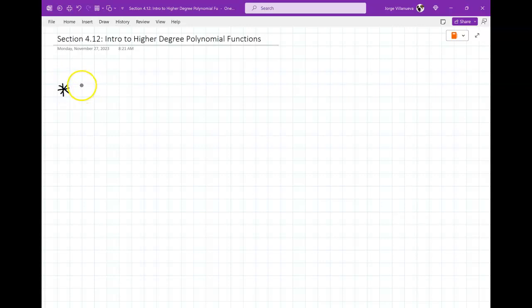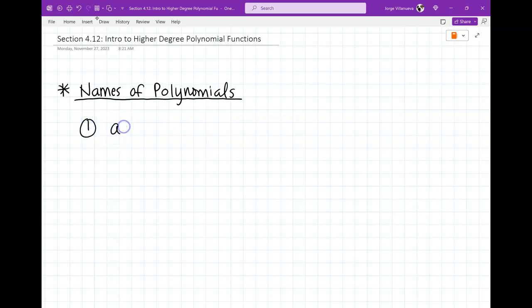All right, so names of polynomials. Now this might look a little weird, but we're just focusing on the x term, okay? The x terms and the power. So I might write the letters in different colors. But first one, if it looks like this,